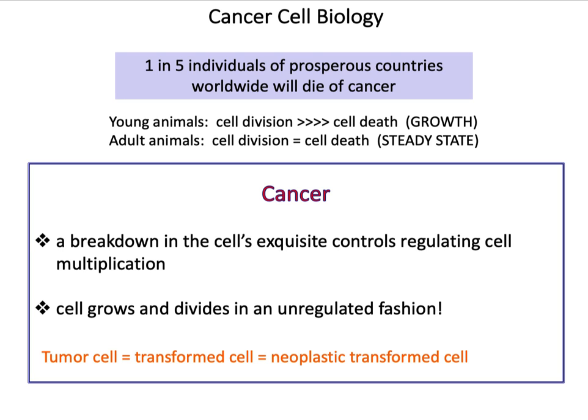And I first want to remind you of some statistics. So 1 in 5 humans in developed nations die of cancer. And this is quite a high number. But this is not why I'm focusing on cancer cell biology in this course. In fact, in the US, as discussed earlier, heart disease kills more people than cancer, although I believe that's about